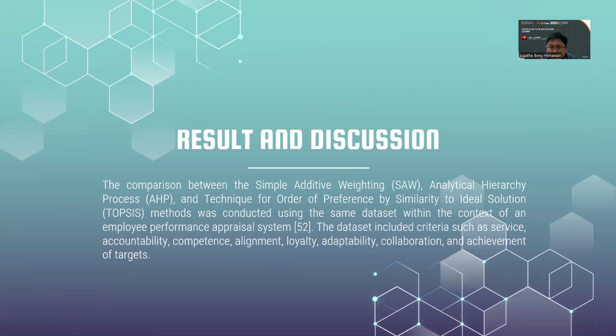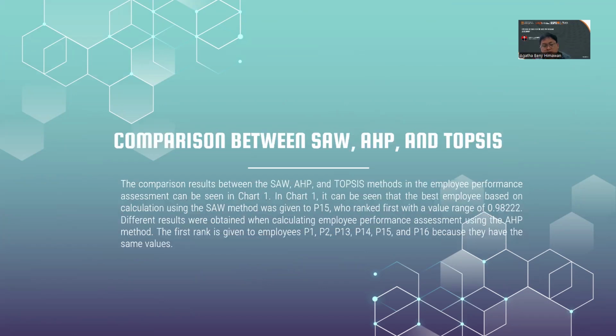The comparison between the Simple Additive Weighting (SAW), Analytical Hierarchy Process (AHP), and the Technique for Order of Preference by Similarity to Ideal Solution (TOPSIS) methods was conducted using the same dataset within the context of an employee performance appraisal system. The dataset includes criteria such as service, accountability, competence, alignment, loyalty, adaptability, collaboration, and achievement of a target. The comparison result between the SAW, AHP, and the TOPSIS method in the employee performance assessment can be seen in